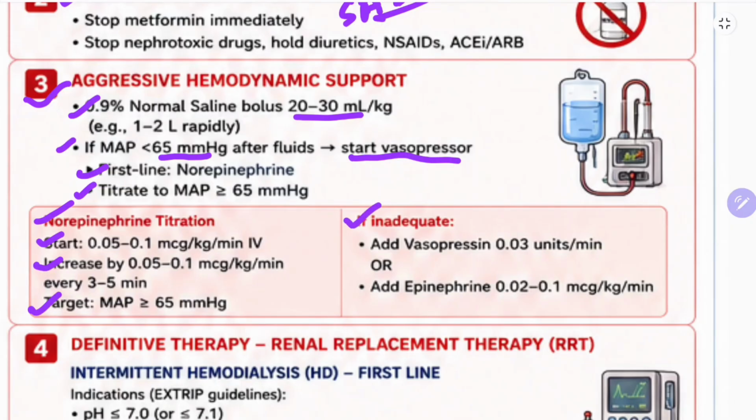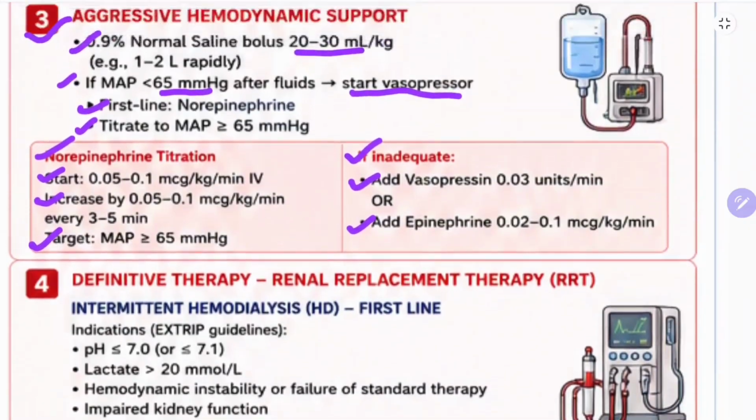If norepinephrine is inadequate, add vasopressin 0.03 units per minute, or you can add epinephrine at 0.02 to 0.1 micrograms per kg per minute. Okay, that's how we are giving hemodynamic support to the patient. Definitive therapy here is